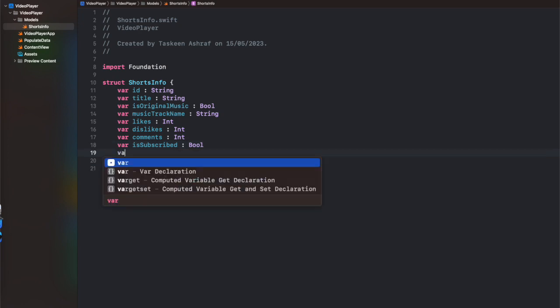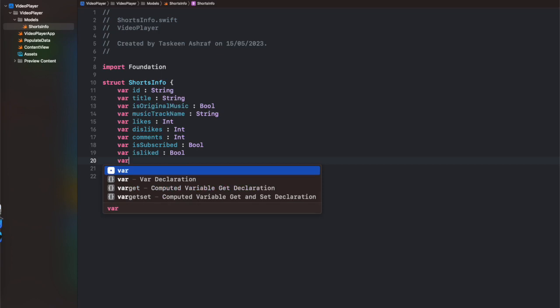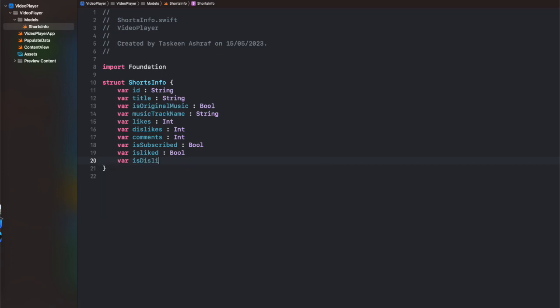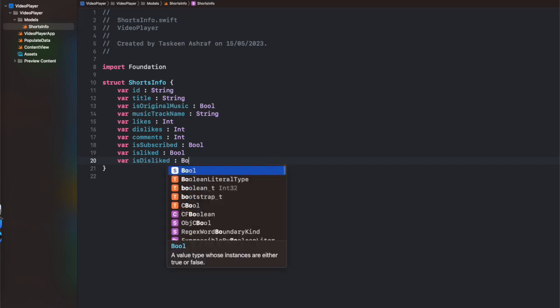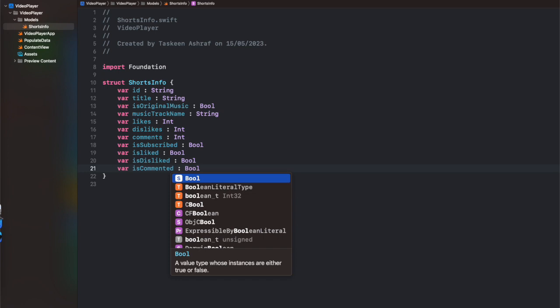So I have added another file with the name of shorts info. It is basically contains a struct and a class. So the struct is basically shorts info with the following variables. Some of these you can easily recognize because these are the same values that I have populated using the populate data file. So there is an ID, title is original music used, music track name, count of likes, dislikes,